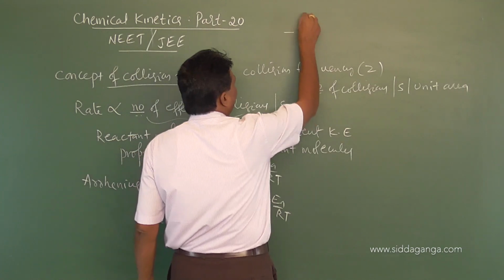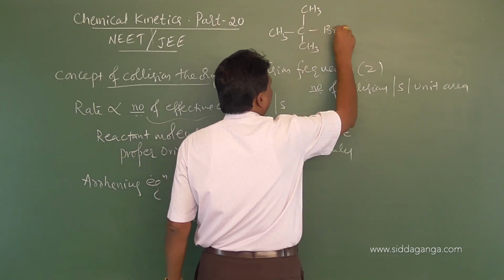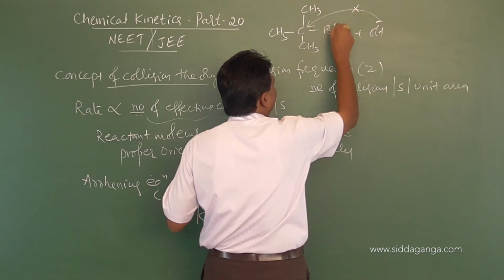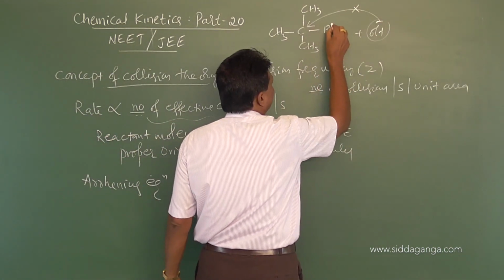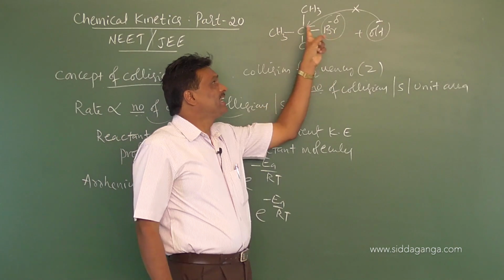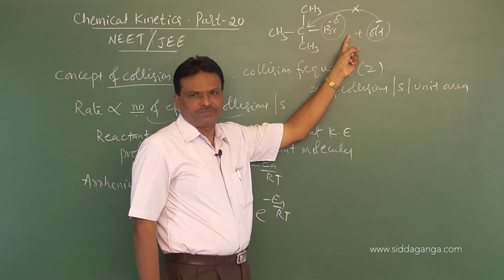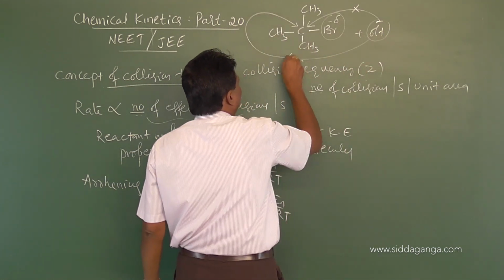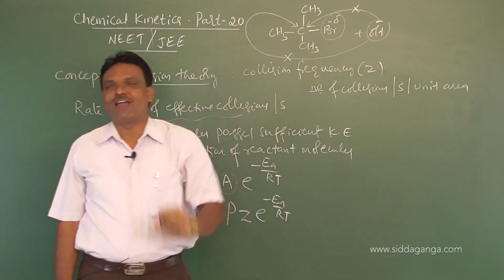So in the case of tertiary butyl bromide, with OH minus, this nucleophile cannot attach to this carbon atom from the side opposite to that of the halogen. The reason is that this becomes electron rich; due to the minus effect, this is also electron rich. Electron density is more on the halogen, so the nucleophile cannot attach because of repulsion force. Is it clear? In addition, the nucleophile cannot attach from the opposite side due to the presence of three bulky groups. That is called a steric factor.